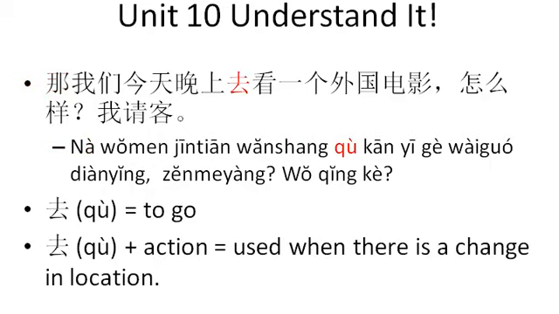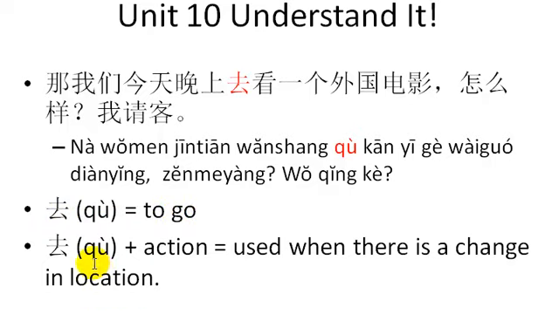vocabulary. 去. Now remember, 去, and we'll get to this in the pronunciation, but this U is like the French U, so your lips are pursed. 语, 去. It should not sound like the English chew your food. It should sound more like 语, 去 up front. So anyway, 那我们今天晚上去看. So 去 means to go. To go to Boston, to go to the library, to go to the store, to go. 去 means to go. So very important verb that you'll want to remember. 去.